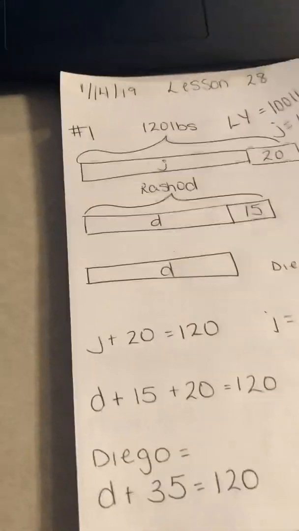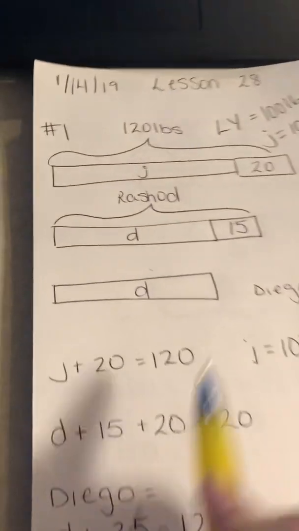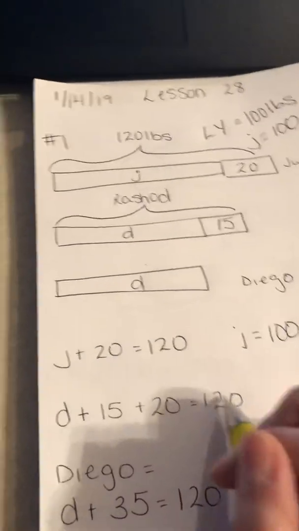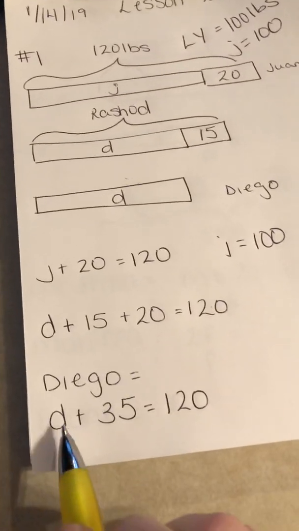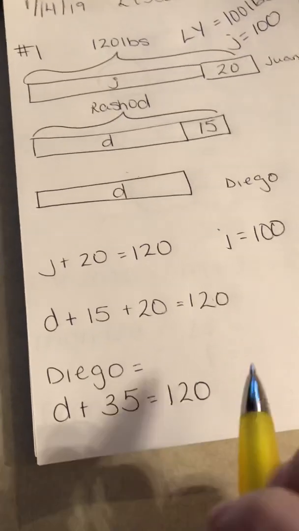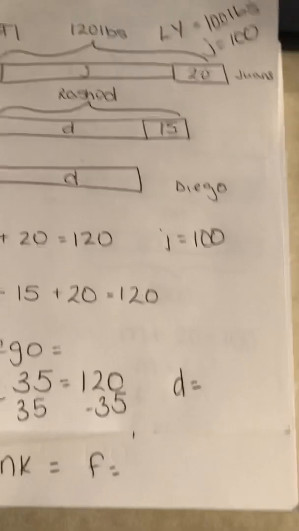And we know that Diego's weight plus the 15 of Rashad's plus the 20 more of Juan's is going to equal this 120. So if we think about it that way, we're really saying that Diego's weight is D plus 35 equals 120 because that evens it out to Juan's weight. So if that is the case, and I make sure that I am doing the opposite of what it says, which means that I'm going to take this and I'm going to subtract 35 from each side. That means that D is going to equal 85